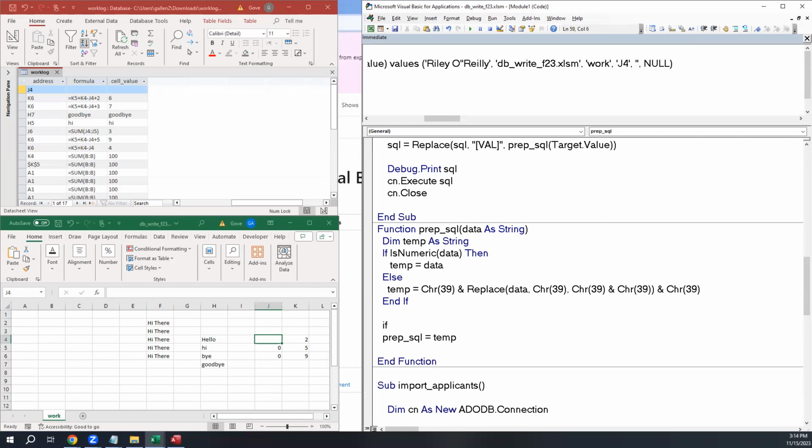I'm going to say if the length of temp is equal to 0, then temp equals, in quotes, NULL. Now, if I leave the quotes off here, that's valid syntax because null means something in VBA. It means the absence of a value. But what I want is a string null, double quotes around it,